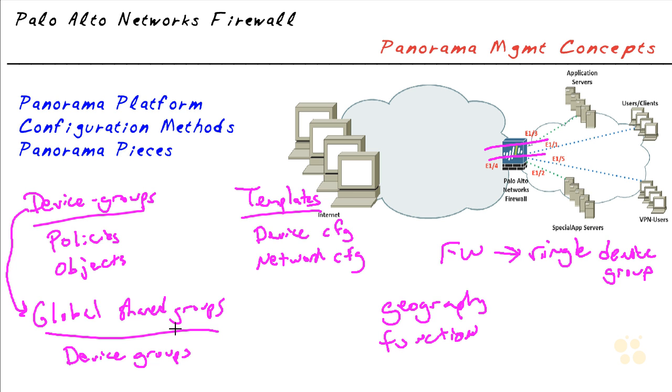Now, by the way, naming your objects can get to be very problematic. Okay, and we talked about this a little bit when we did our objects and stuff before, and certainly our policies. Everything has a name. Everything should have a name that makes sense to be identifiable. When I start doing this in a larger global setting, that becomes more of an issue. Okay, and the reason it becomes more of an issue in there is the more specific is going to override things,